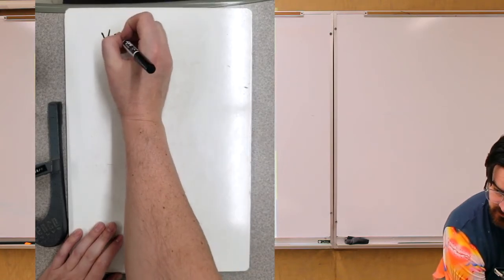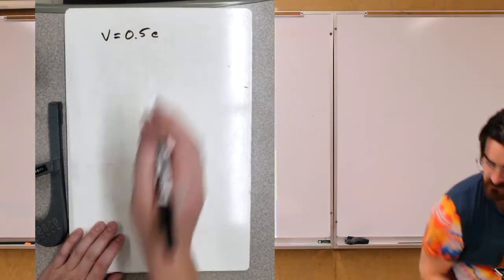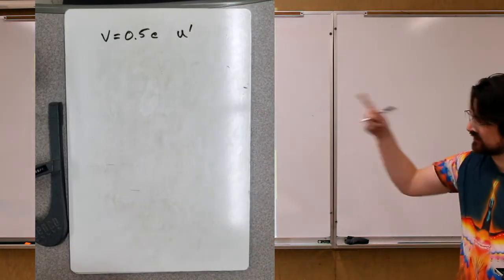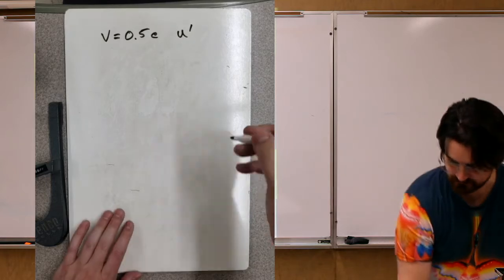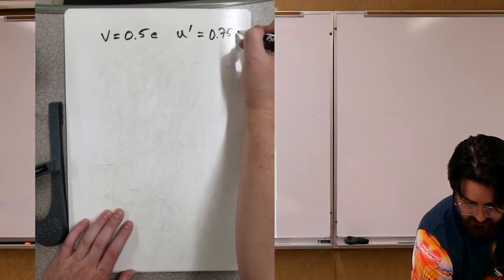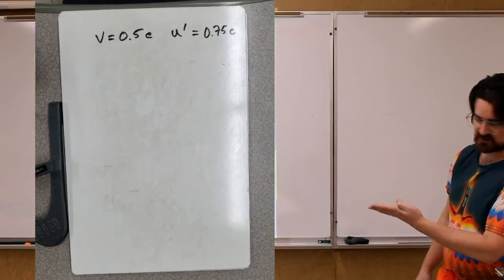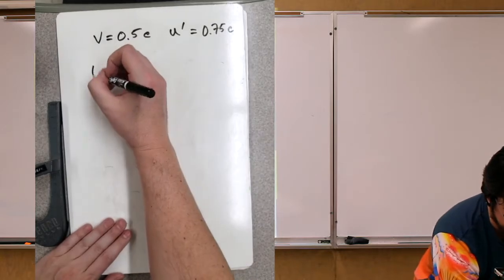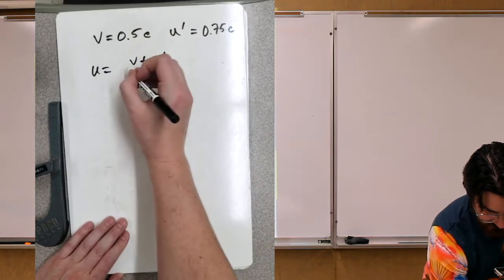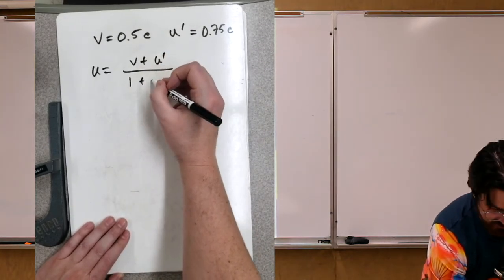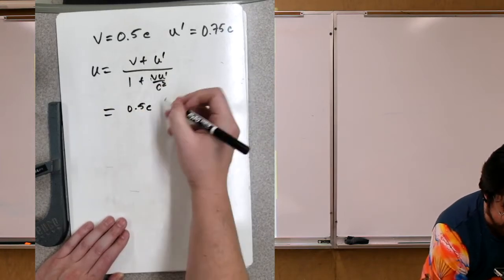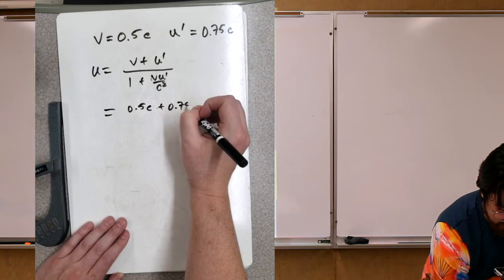Let's just write some of this down. This is the relative velocity of the reference frames. You could write u x, but there's only one direction of the speed. We're just going to write it as u. The velocity of the projectile in the spacecraft's frame, then the velocity that the person on Earth would measure from our velocity transformation. It's that. So 0.5 c plus 0.75 c